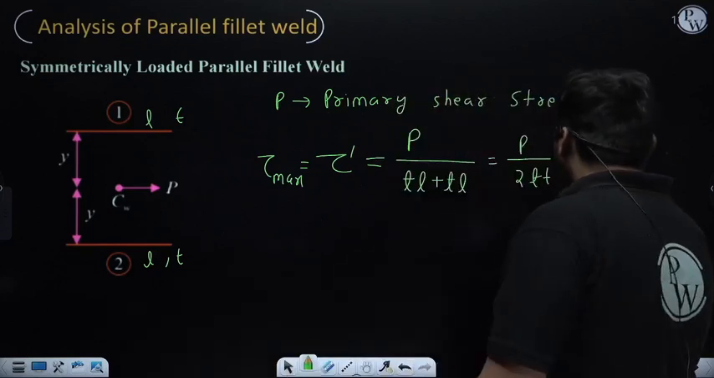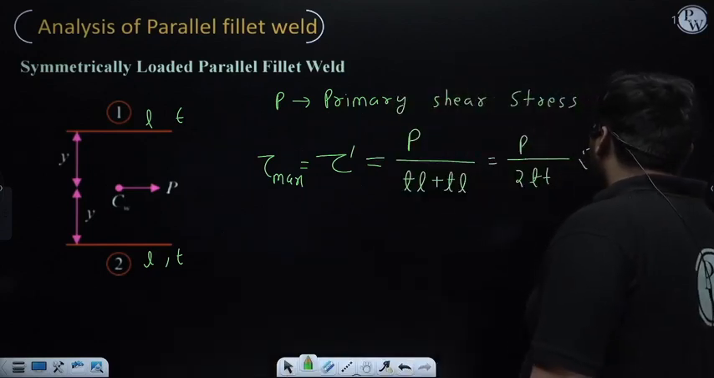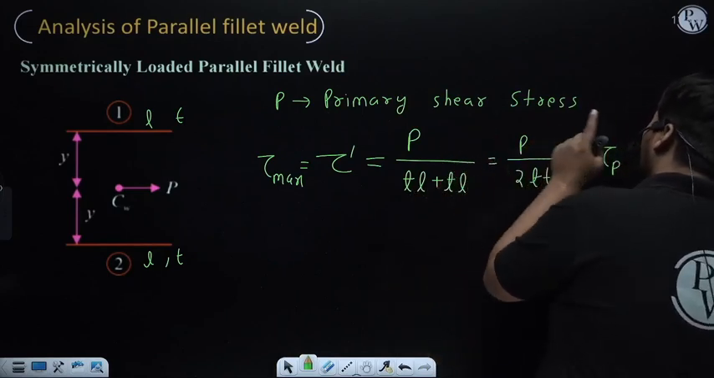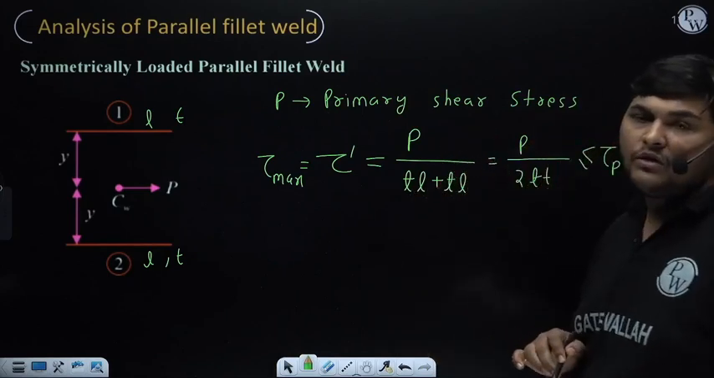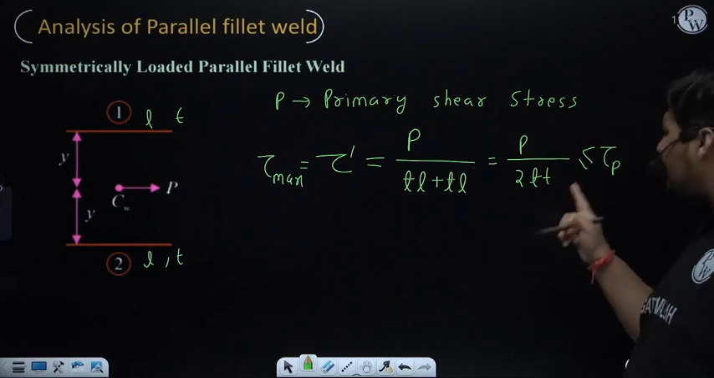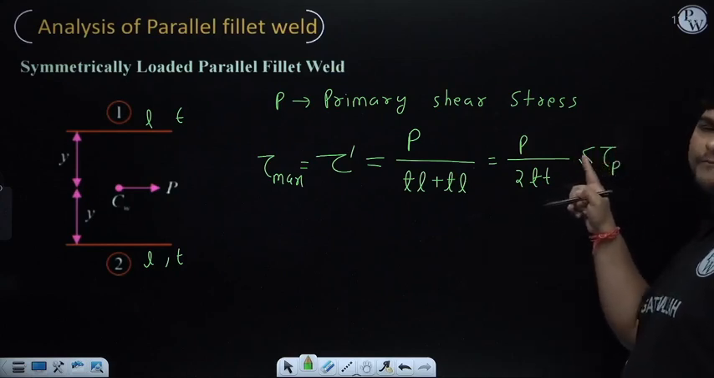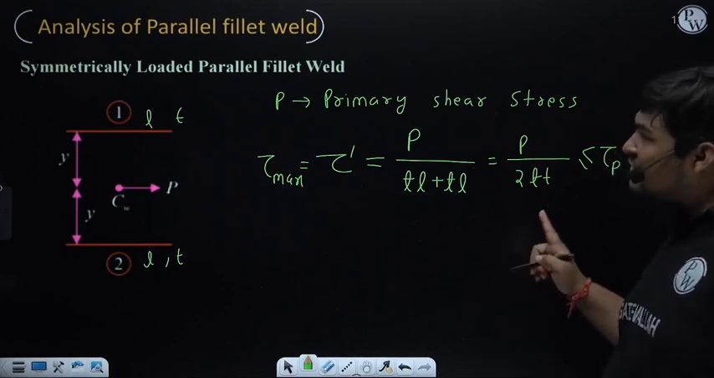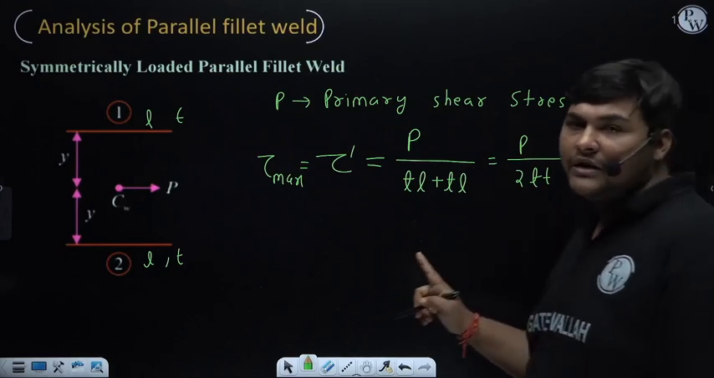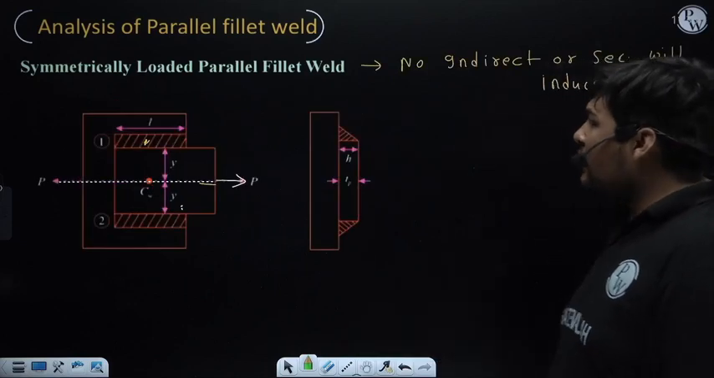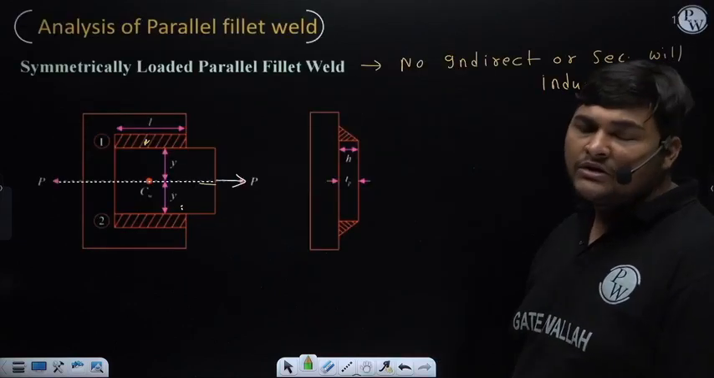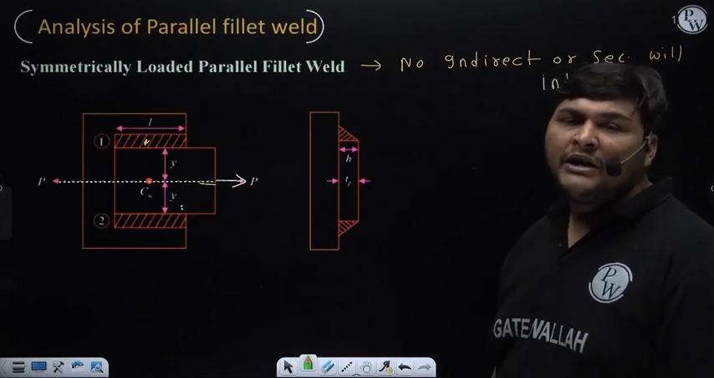So suppose the permissible shear stress of this weld material is tau P, so this actual maximum shear stress should be equal to tau P or less than tau P. So for design you can equate it with tau P, to find its limiting value. So it is the analysis of a symmetrically loaded parallel fillet weld. Very simple. If the examiner has given the value of throat thickness or leg dimension directly,